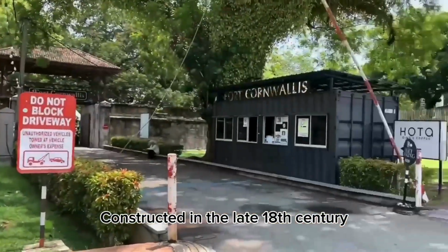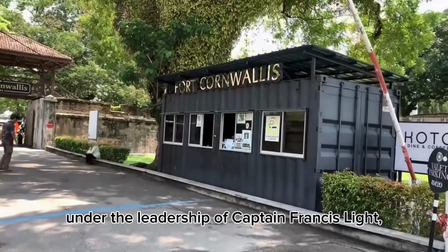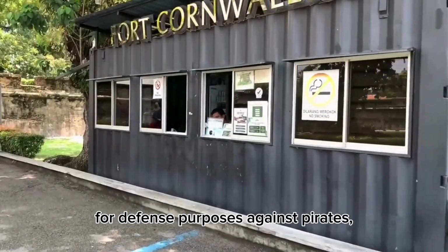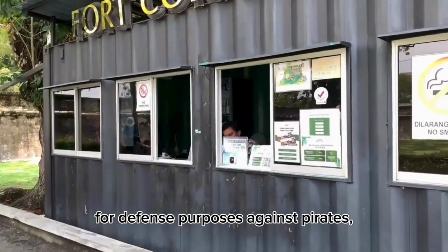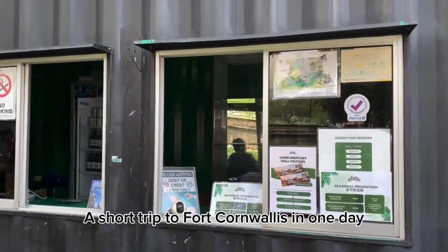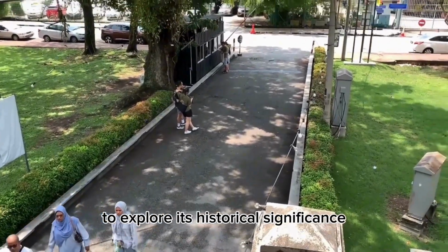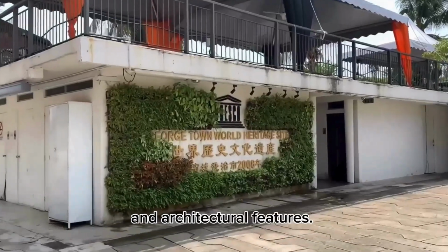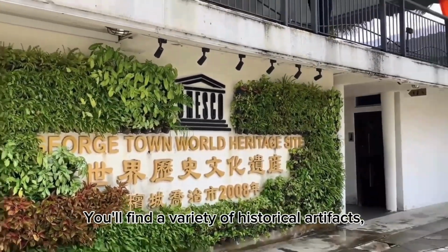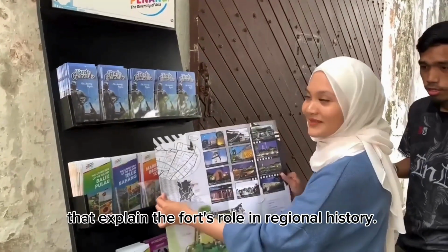Constructed in the late 18th century by the British East India Company under the leadership of Captain Francis Light, Fort Cornwallis was initially built for defense purposes against pirates, Kedah forces, and other enemies. A short trip to Fort Cornwallis in one day provides an opportunity for us to explore its historical significance and architecture features. You will find a variety of historical artifacts, cannons, and informative exhibits that explain the fort's role in